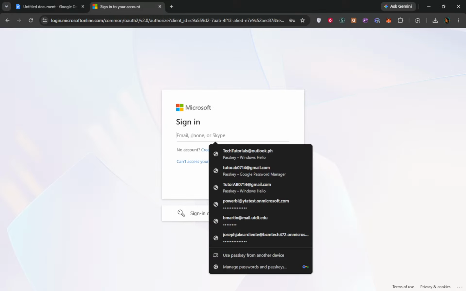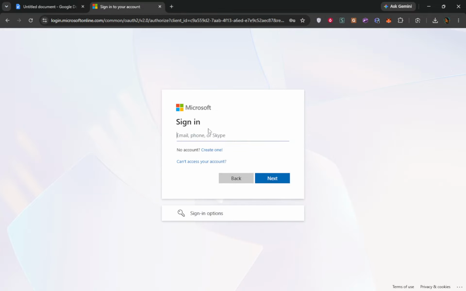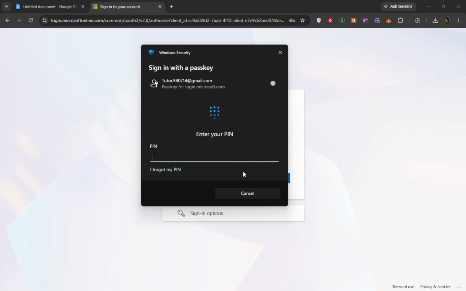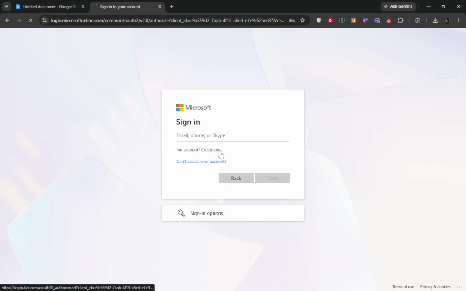Now enter the email address of the Microsoft account you want to use. Type it carefully, especially if your work and personal accounts look similar. When you press Next, the sign-in panel changes to the password screen, and at the top you should see the email address you just entered, which confirms you picked the correct account.